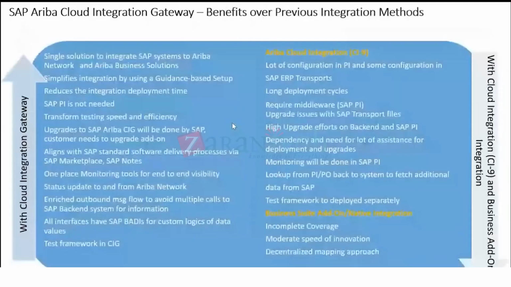Okay. So these are some of the benefits that we get with CIG with respect to the previous integration approach that you can see here. We have a single application, a one-stop solution for all the integration. But in case of CI9, we have to do so much configuration. The main difference that I can see here is that it reduces the integration timeline, and second,